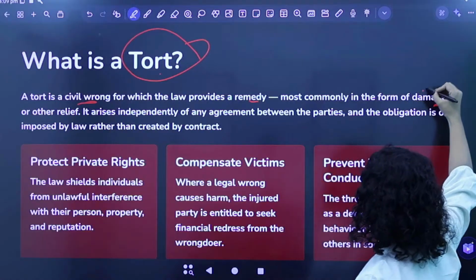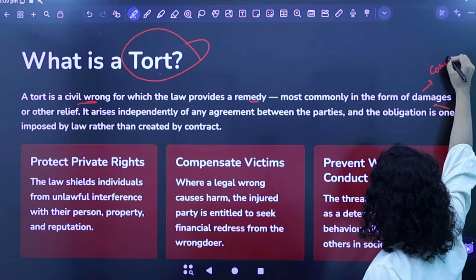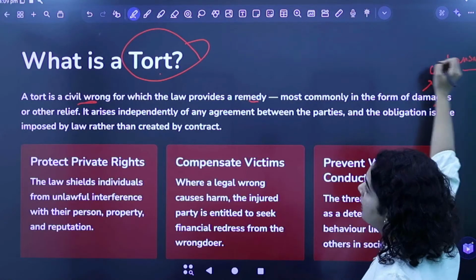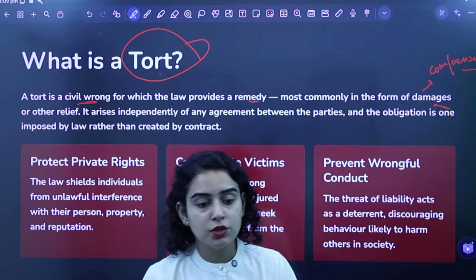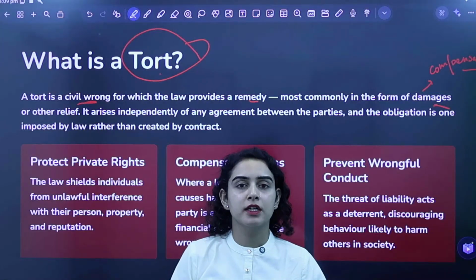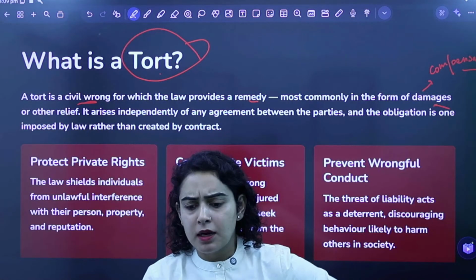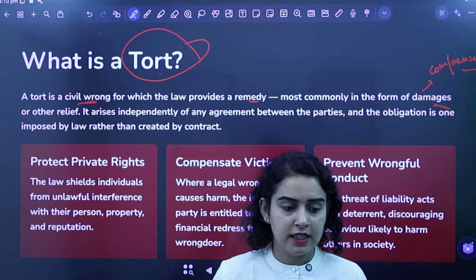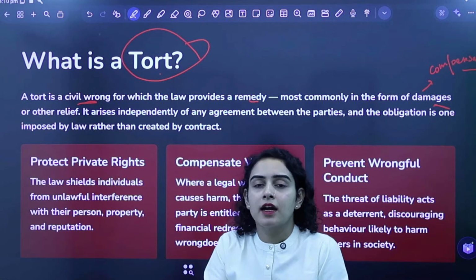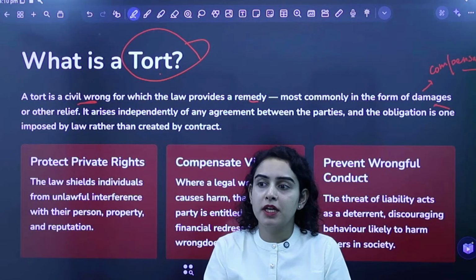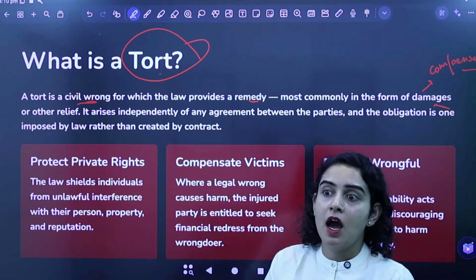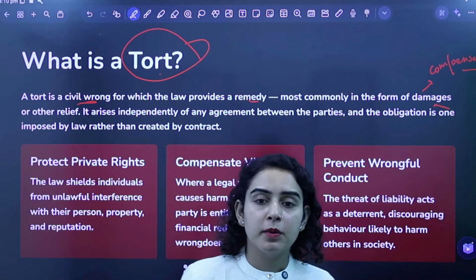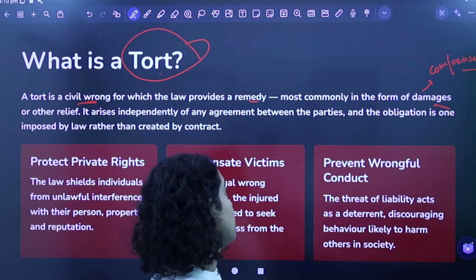Damages means compensation. यहाँ पे एक चीज बहुत हमें याद रखने की जरूरत है कि compensation मिलता है. Also, compensation is in the nature of unliquidated damages, यानी कि compensation which is not prefixed, which is not pre-decided, right? ऐसा loss अगर आपका होता है जिसमें you cannot predict and you cannot anticipate how much damage has happened, right? In that case, we have law of tort that is applicable.